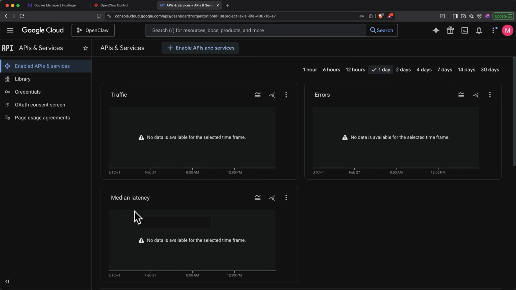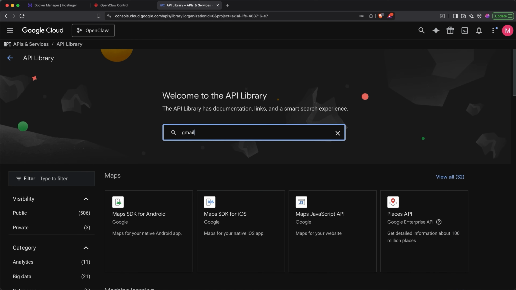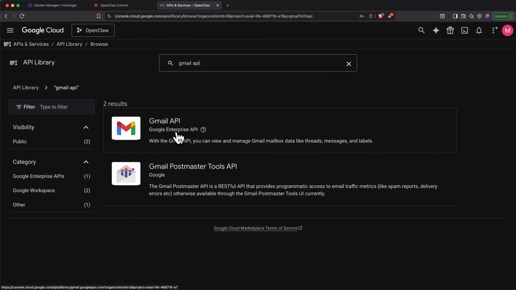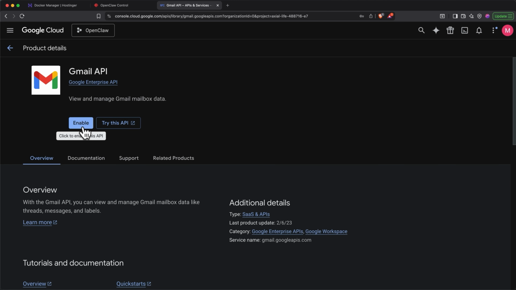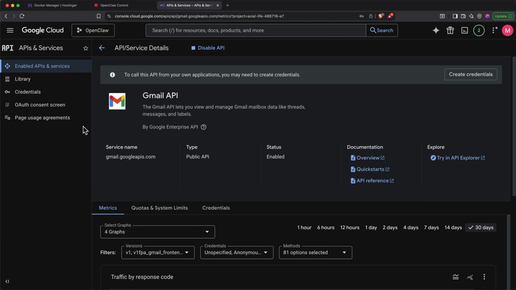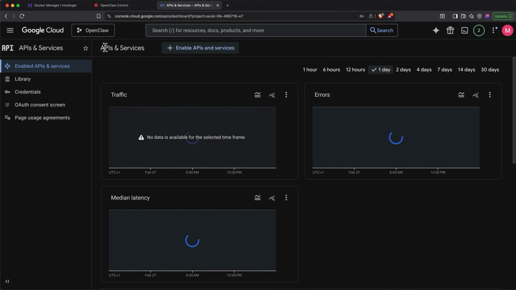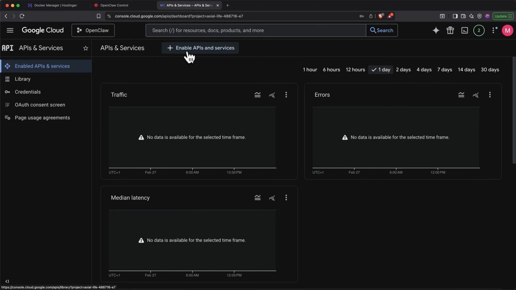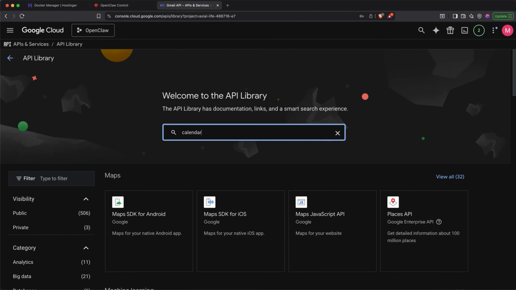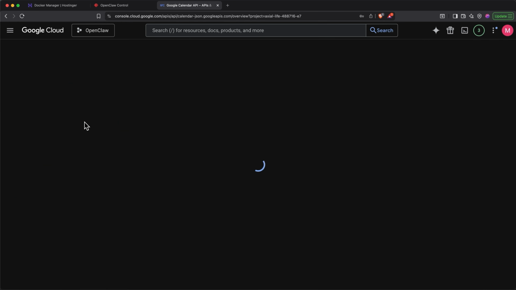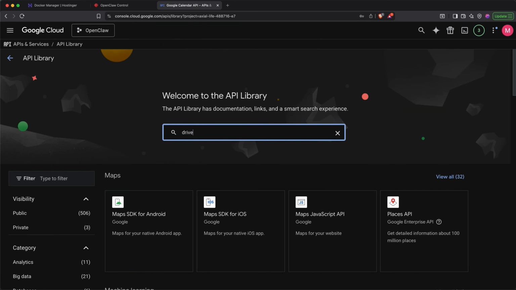Now we need to go through and enable the APIs for each individual Google service that we want to use. So let's start with Gmail. We'll click Enable APIs and Services at the top. Then search for Gmail. Select it from the list. Then click Enable. Then here on the Gmail API page, we can see that the status is set to enabled. Now we need to add the next Google service. Click the back arrow in the upper left, and then repeat the process. Click Enable APIs and Services and search for your next skill. Go through and do this for all of the Google Workspace skills you want to use: Gmail, Calendar, Drive, Sheets,